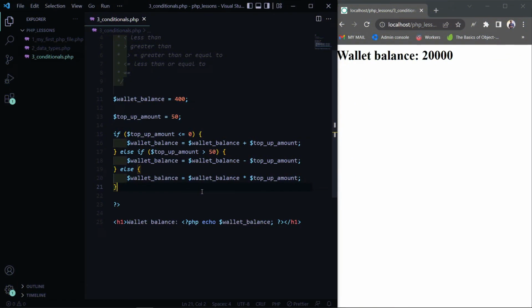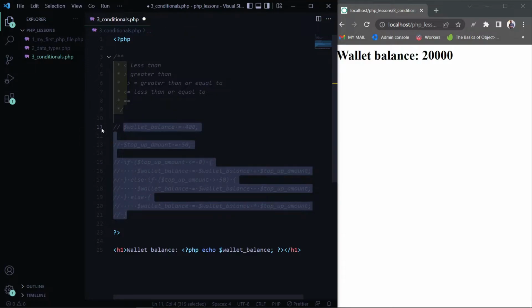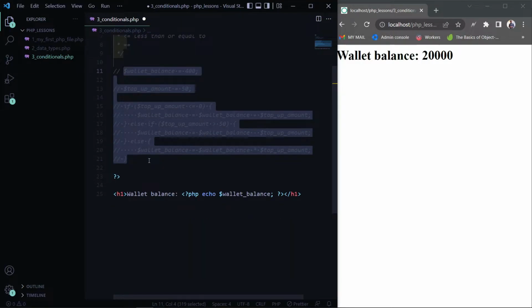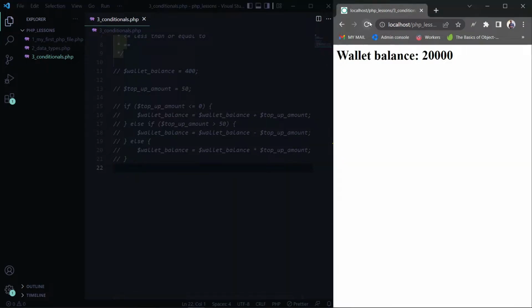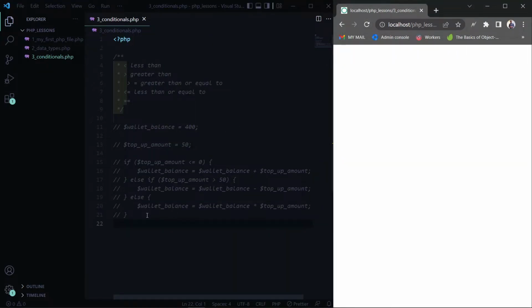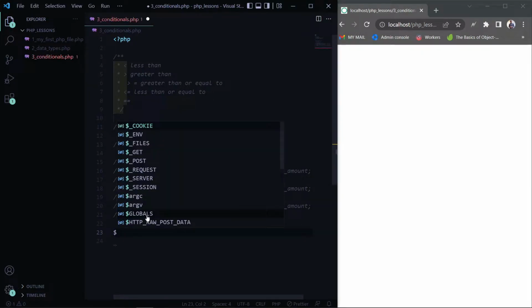Okay, so we have another type of conditional structure called a switch statement. So let's just comment this out for now. And then let's get this out of here. Let's save that. Let's reload the page. Okay, so we have the switch case. Let's see how that works. So let's say we have